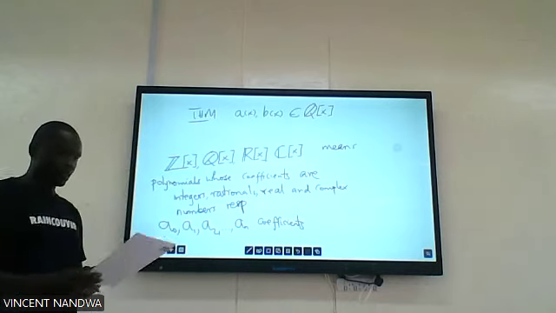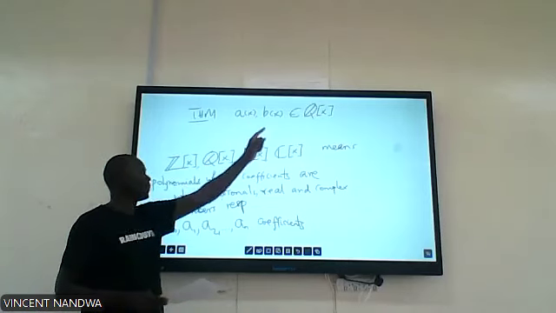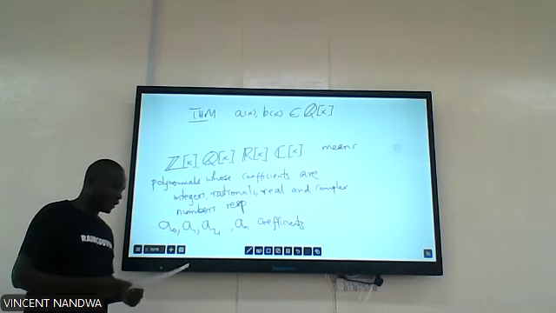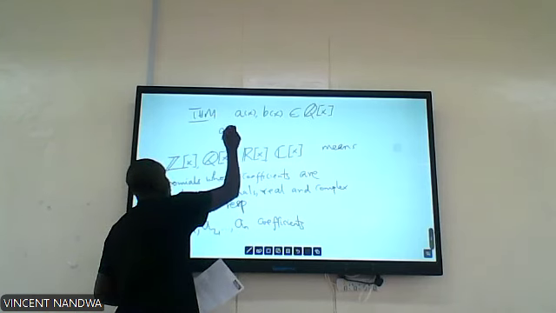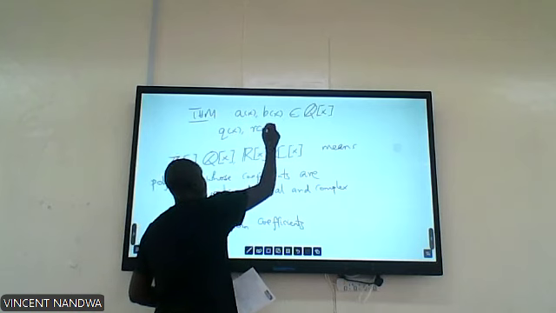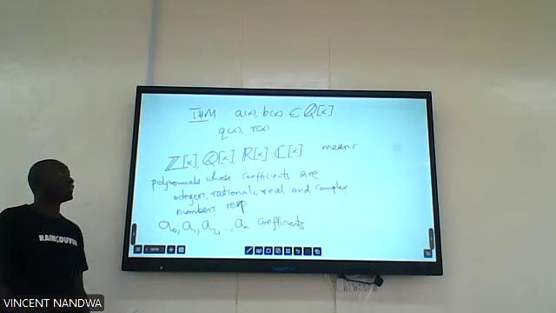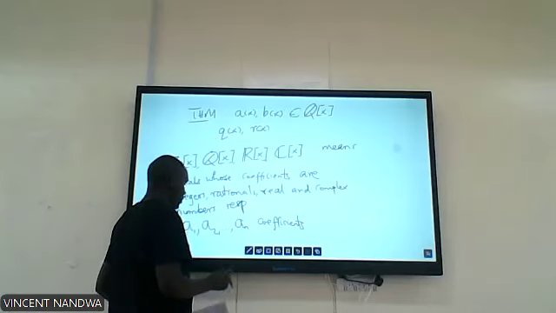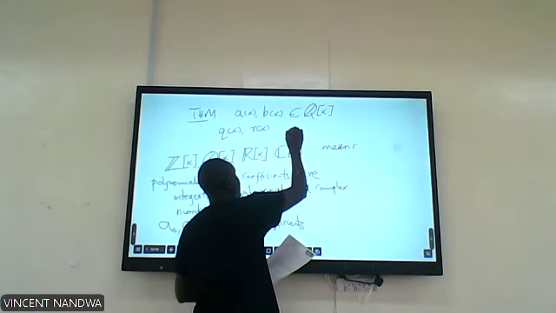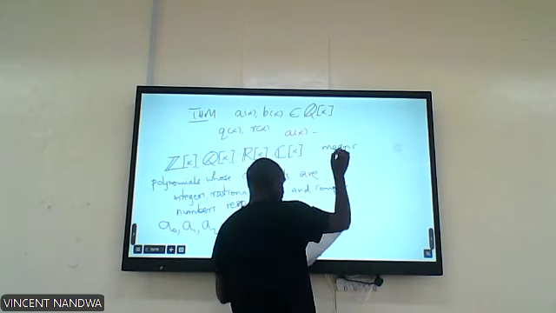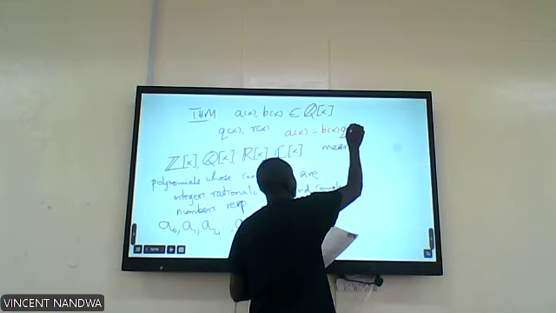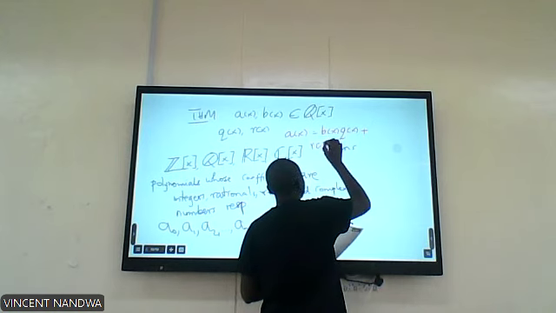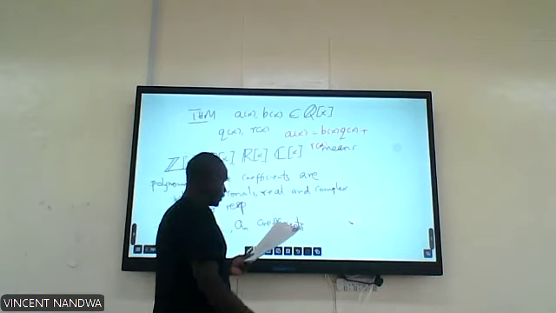For any two polynomials which have rational coefficients like this, there exists a unique quotient Q of x and remainder R of x such that I can write A of x as B of x times Q of x plus R of x,